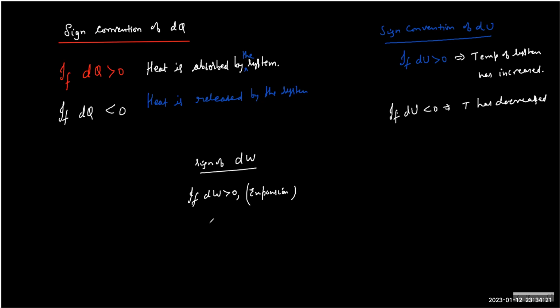And so in this case, what can we say? Energy is, work transfer, work transfer, what we can say has occurred. Okay, leave it. I will do that. If dW is negative, then